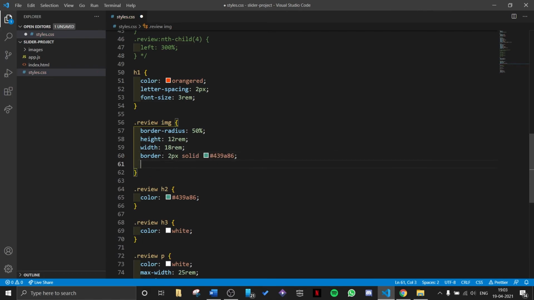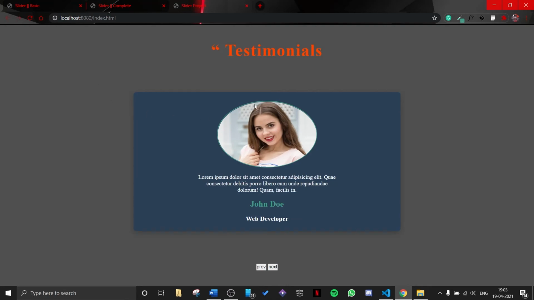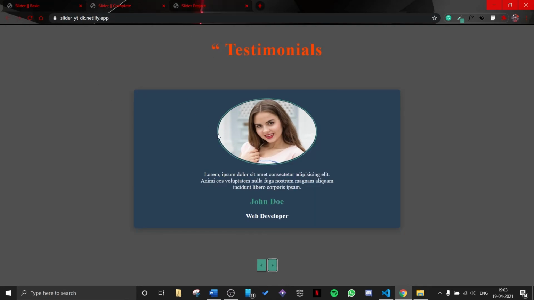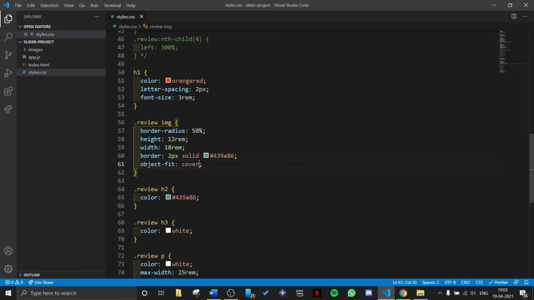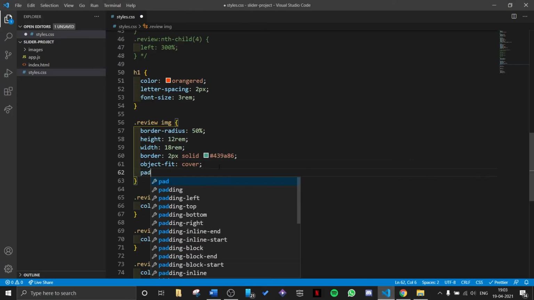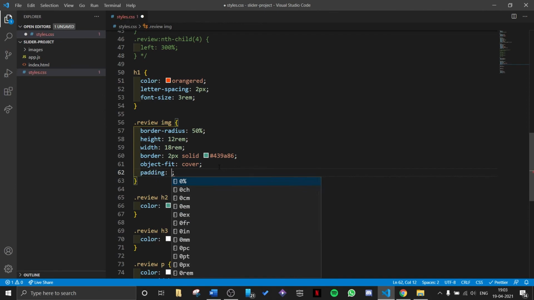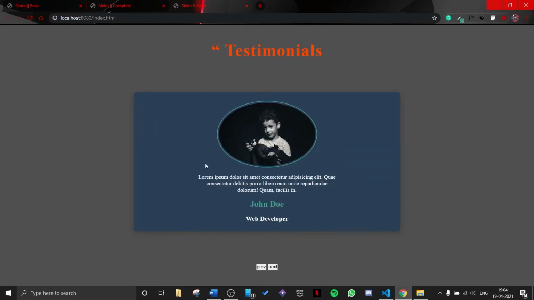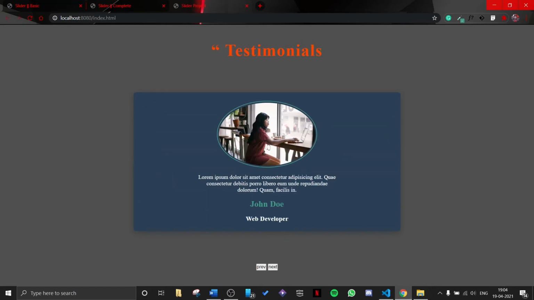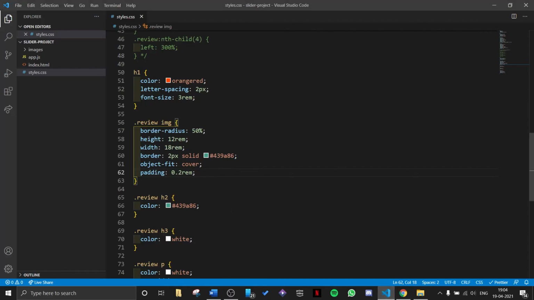I will also give this an object fit of cover, so if the image size messes up for some reason, it will still look nice. And we need this gap between the border and the image, and we will do this by using padding 0.2 rem. So if I see it now, yeah, looks better. I guess the padding is a bit more than I wanted it to be, so let's keep it as 1.